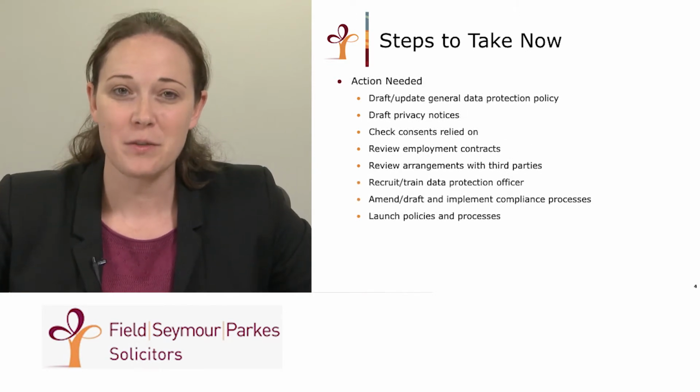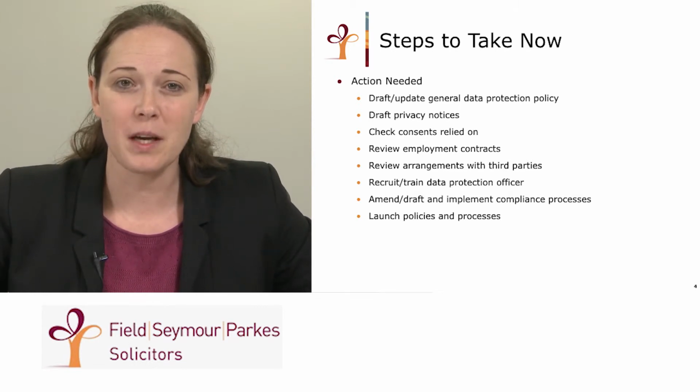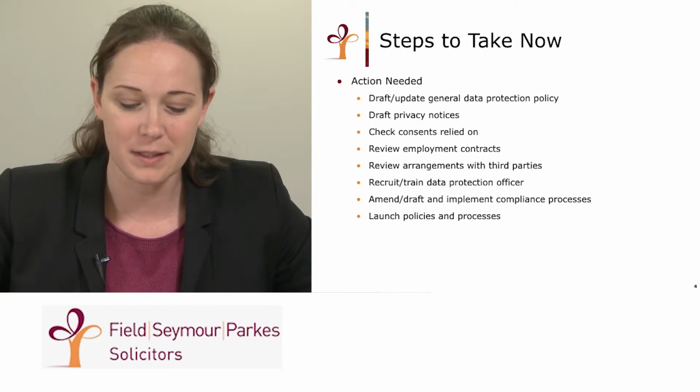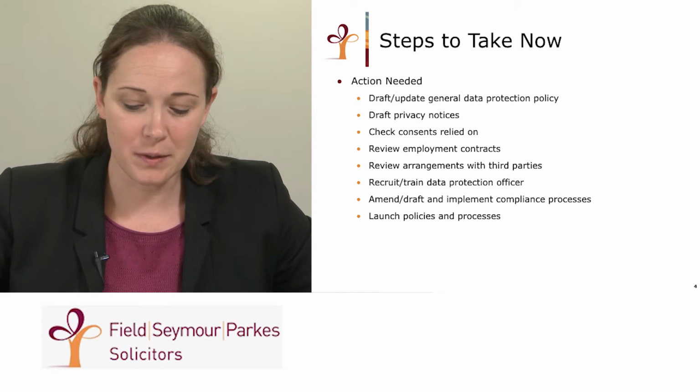So once you've carried out your audit and you've made your decisions about what needs to be done now in order to comply with your obligations, you will need to take steps to ensure that by May next year you have carried out all the actions necessary to ensure compliance. These steps are most likely to include the following: